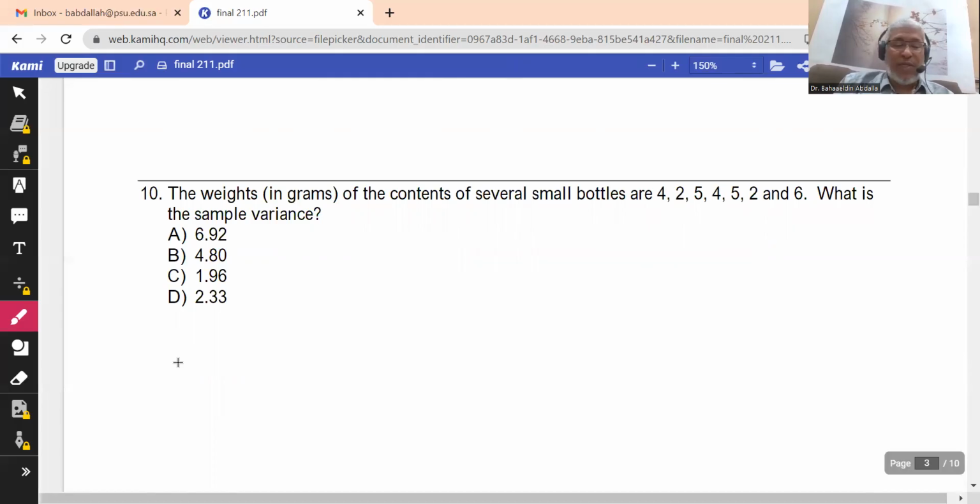Okay, that's it. Press on, and then go to shift stat, shift 1, it will give you shift stat, and then press number 4, variance. And he is asking about sample variance. This is number 4, SX. Well, the calculator will give you SX, okay? And SX is equal to